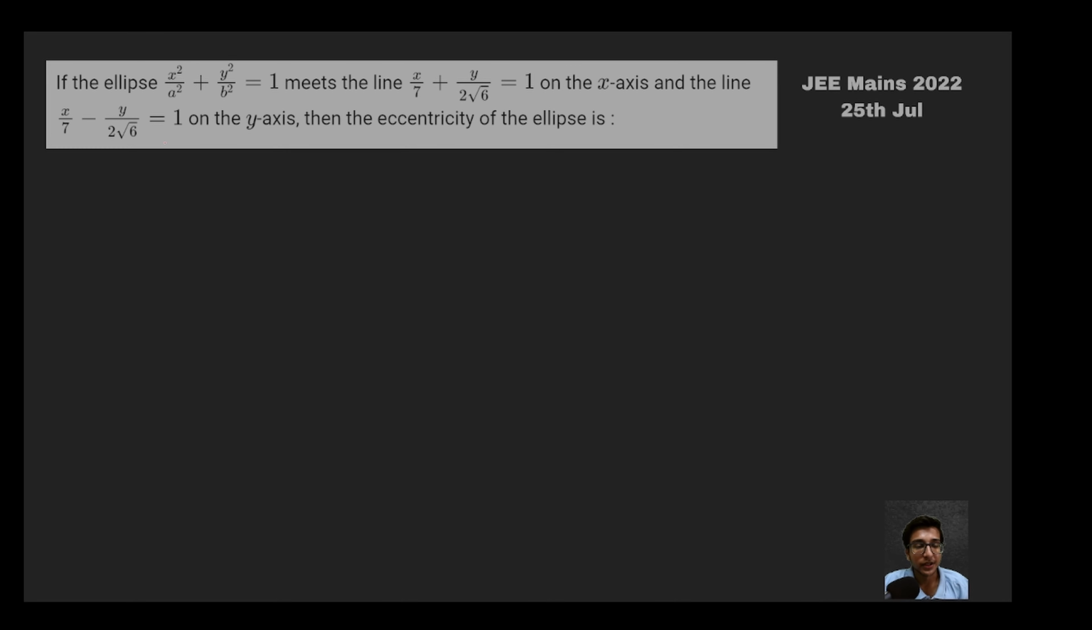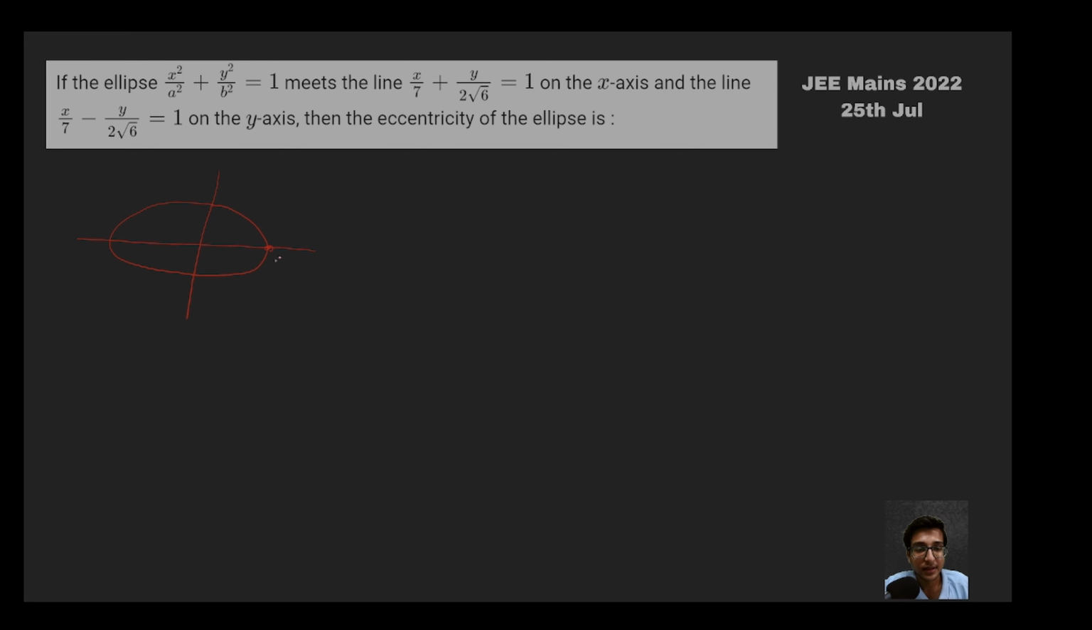Let's look at this question. If the ellipse x square by a square plus y square by b square is equal to 1 meets the line on the x-axis and the line on the y-axis, then find the eccentricity of the ellipse. So first thing that we know about this is the ellipse that has been provided to us is a standard one, where